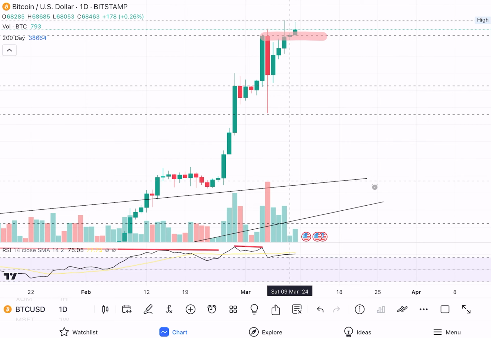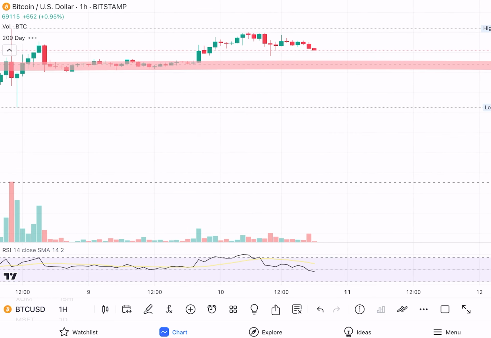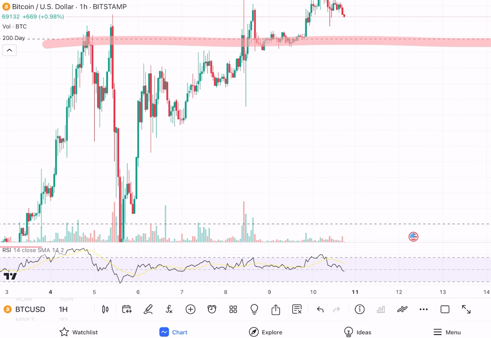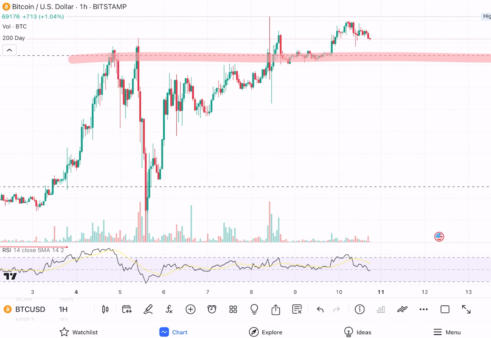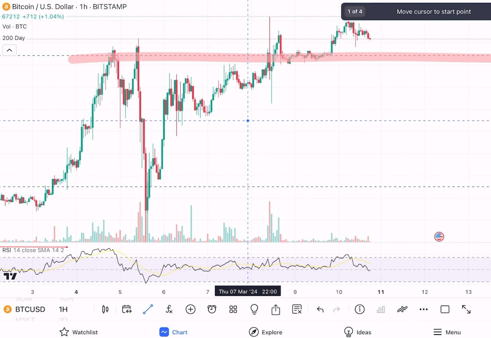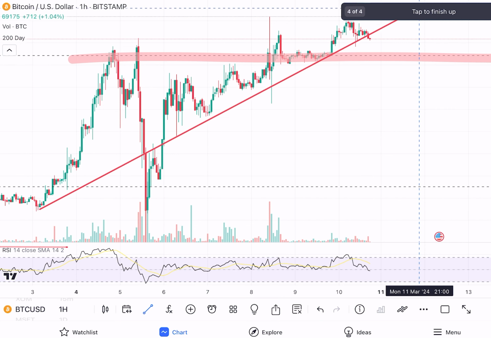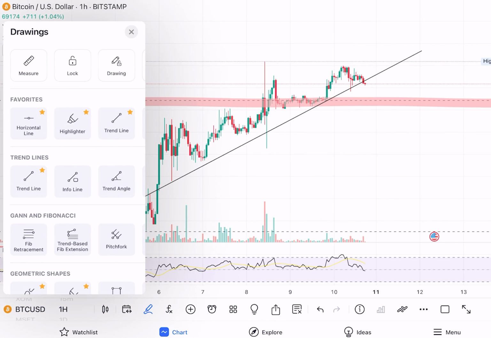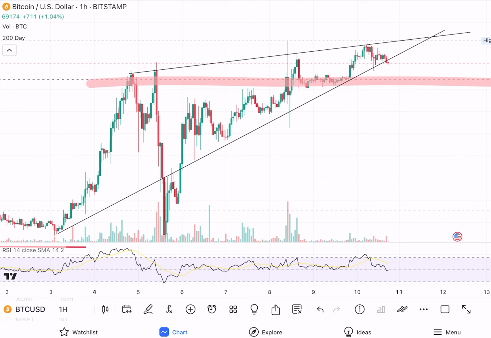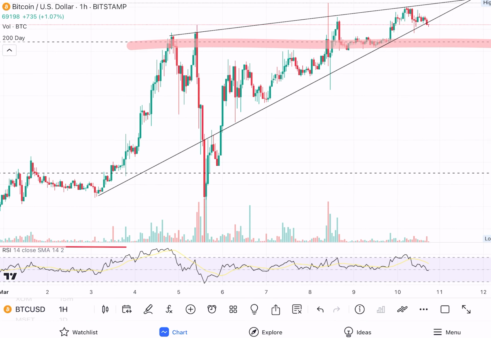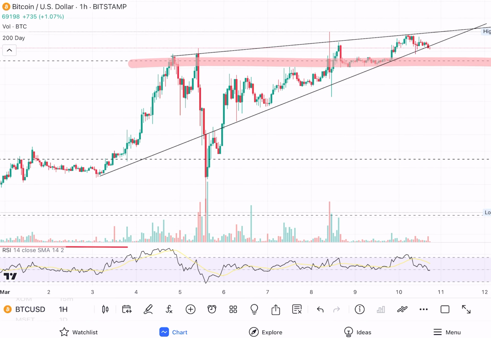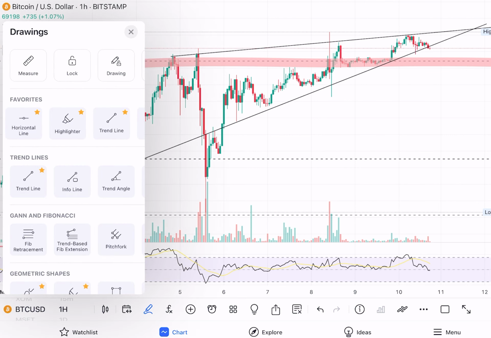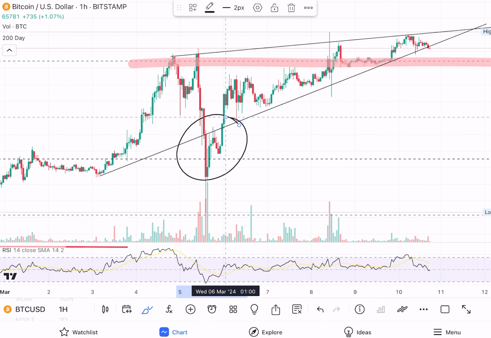And then if I switch to the hourly, let's look at this. Zoom in here for you. Okay, on the hourly, you could see this sort of range here. I'll just kind of draw it. Okay, you see this. So what I'm seeing is this sort of rising wedge. You can see that on the hourly. Now you might say, well, are you discounting this zone right here? Yeah, I'm discounting it